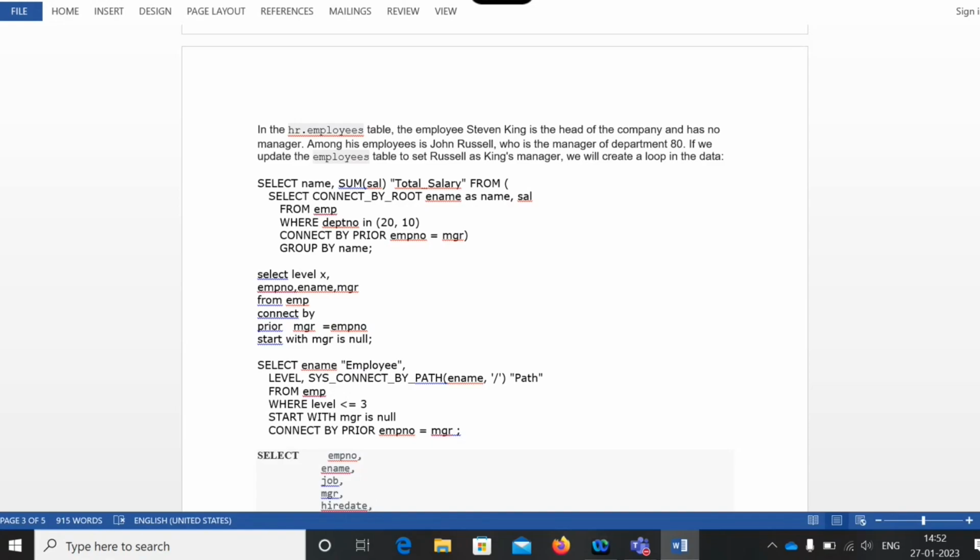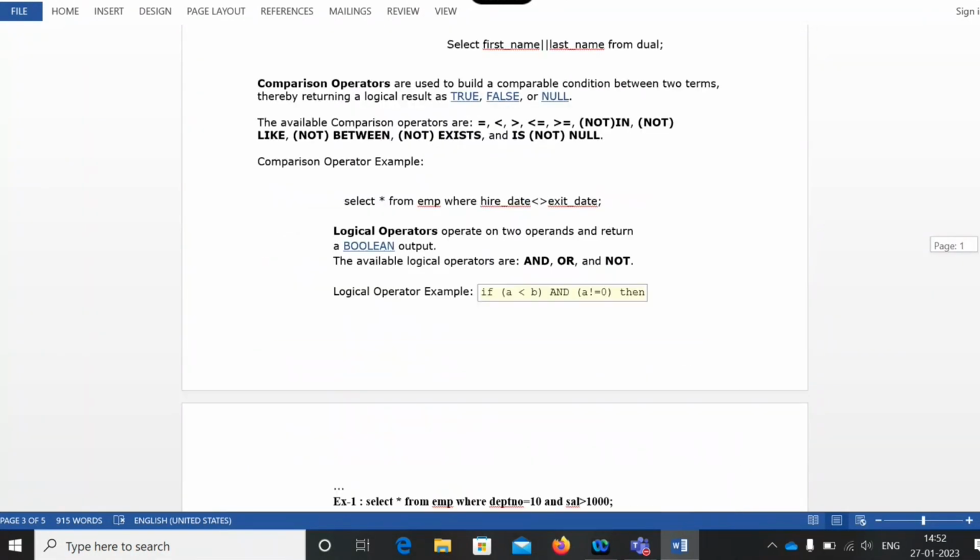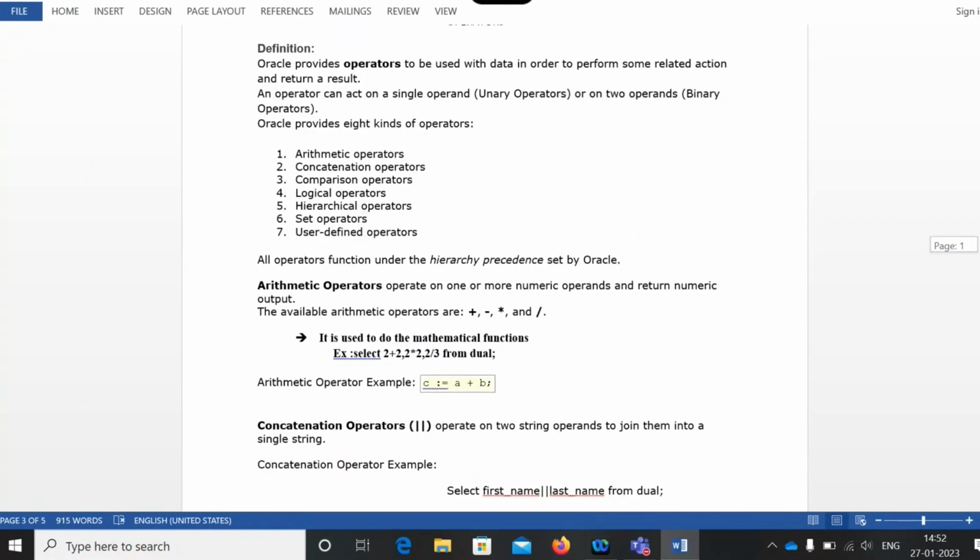Between is another one. The between operator works with two conditions. You may write salary between 100 and 2000. It checks the lower bound and upper bound, so it checks two conditions. Those types of operators we can call binary operands. Mostly we will work with multiple operands alongside single operands.